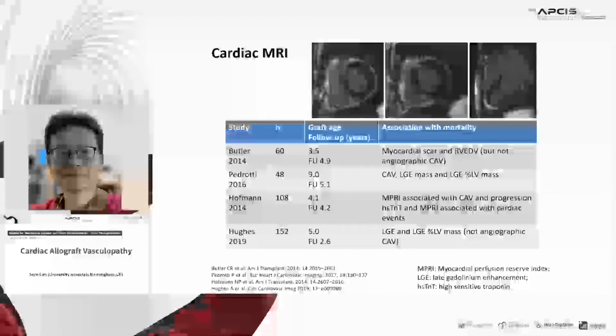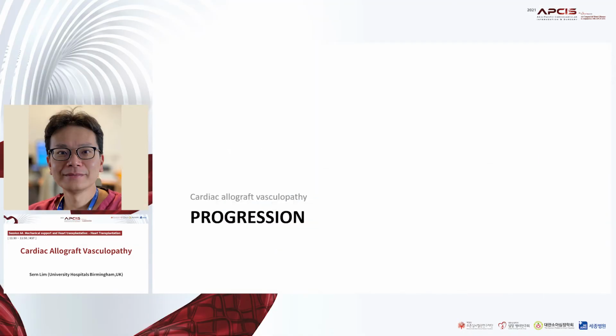What about progression? Can we identify or predict the progression of vasculopathy? And this may be useful because in some patients whom we believe may be at high risk of a progression of vasculopathy, we may wish to have more angiographic surveillance. And conversely, if a patient is at low risk, we may not need to consider such aggressive angiographic surveillance of the coronary arteries. So there would be some degree of tailoring of these assessments, rather than a standard uniform protocol of surveillance with angiography.